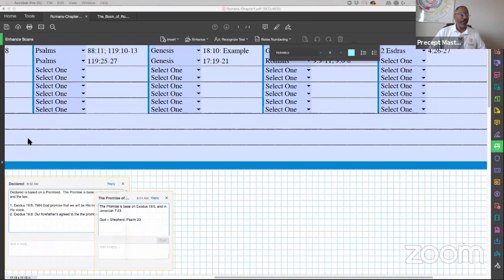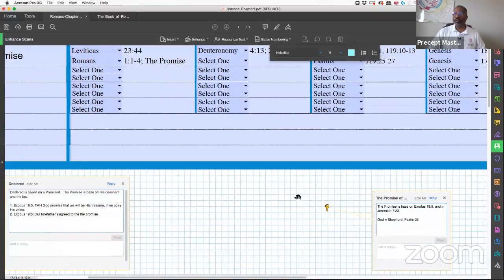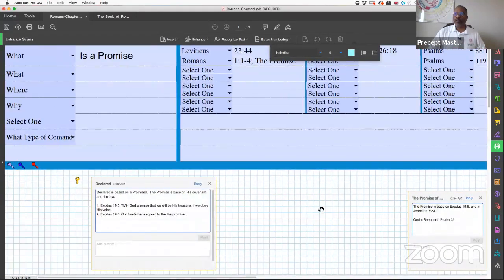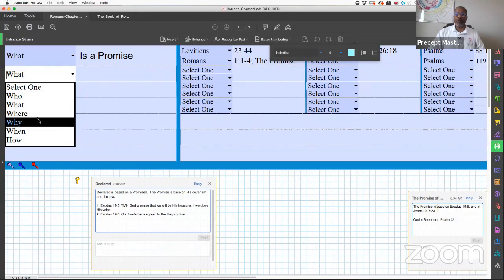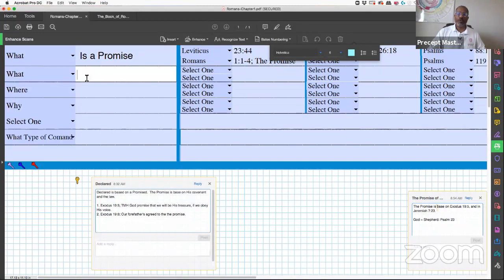I don't know why it's doing that, but for some reason it was doing it. So we want to look at conditions. We have to look at certain things here. With this, we have to understand the what, who, where, why, when, or how. We have to look at these and understand what these are. So let me put this there and then we'll find this out.